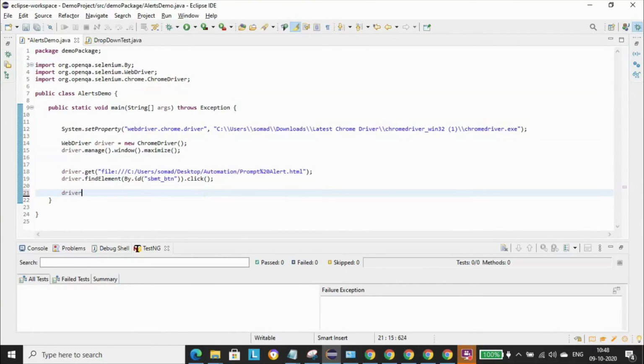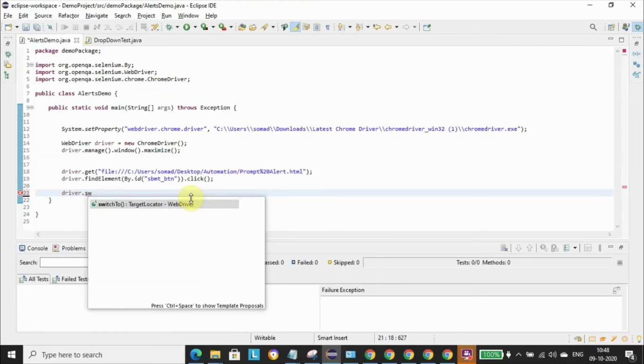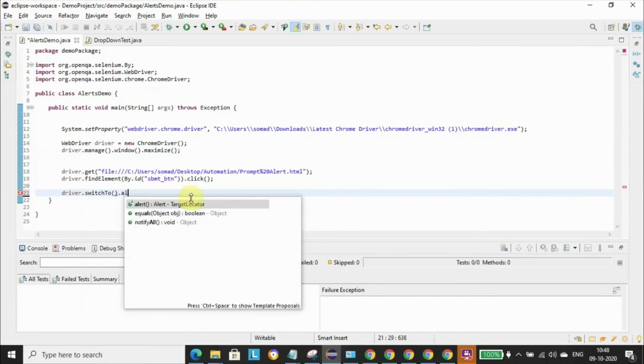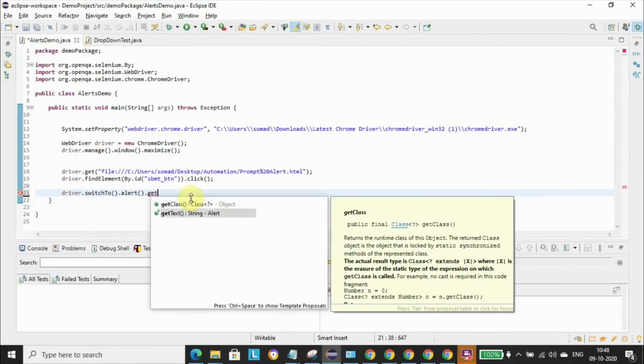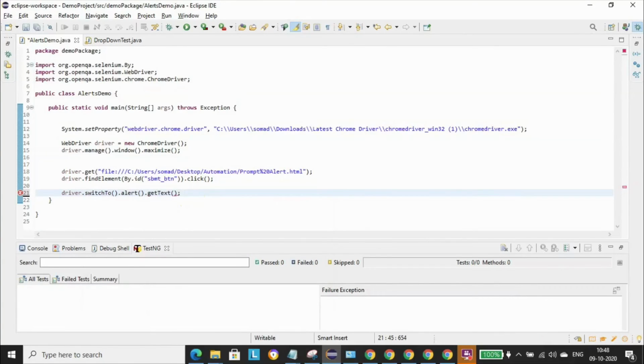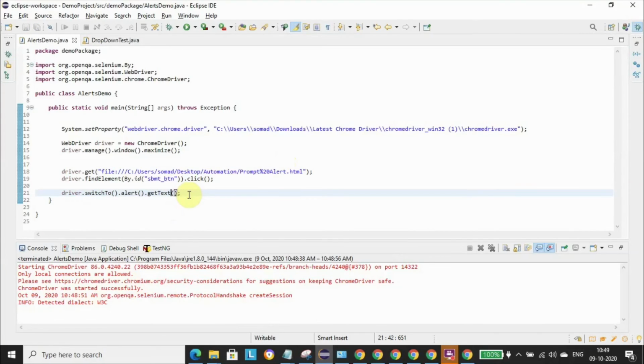Now let's see how to get the text that is available on the alert box. We have to do driver.switchTo().alert(), then simply use the getText method. It will simply fetch the text that is displayed on the alert box.